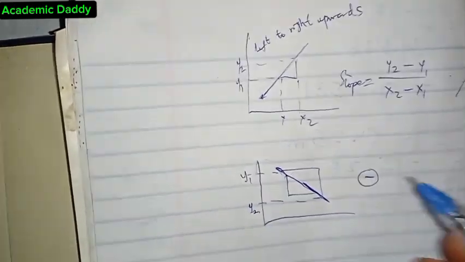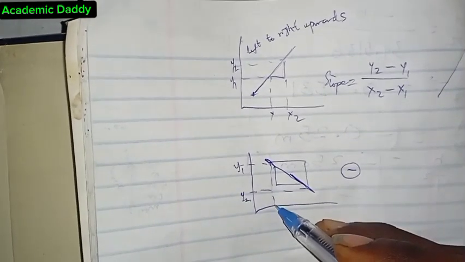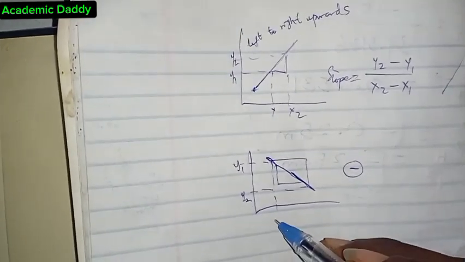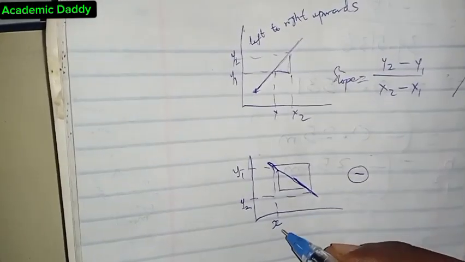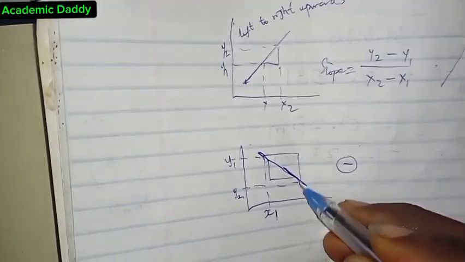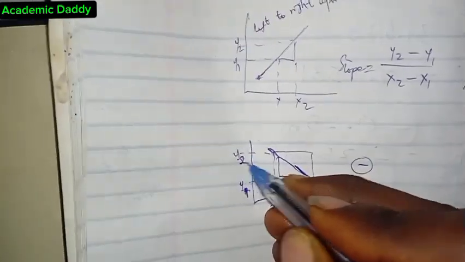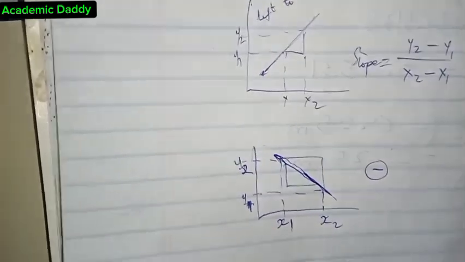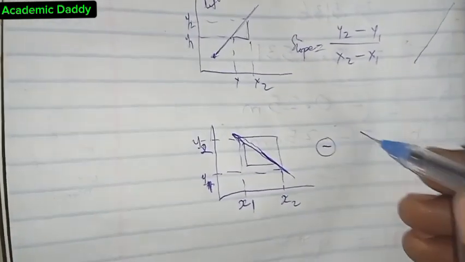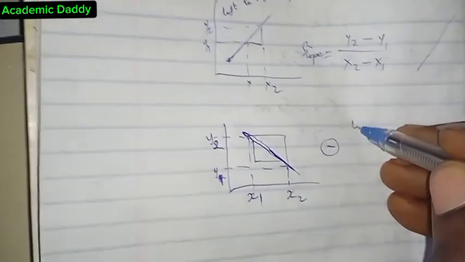This is looking like the Y1. Then this is now looking like my X2. Now let's say we call this X1. I will call this X2. Let's say we still call this one Y1, and then we'll call this one Y2. But what this thing is showing you is that your graph now is on the negative part. So once you have your line of best fit in this direction, that is from left to right downwards,